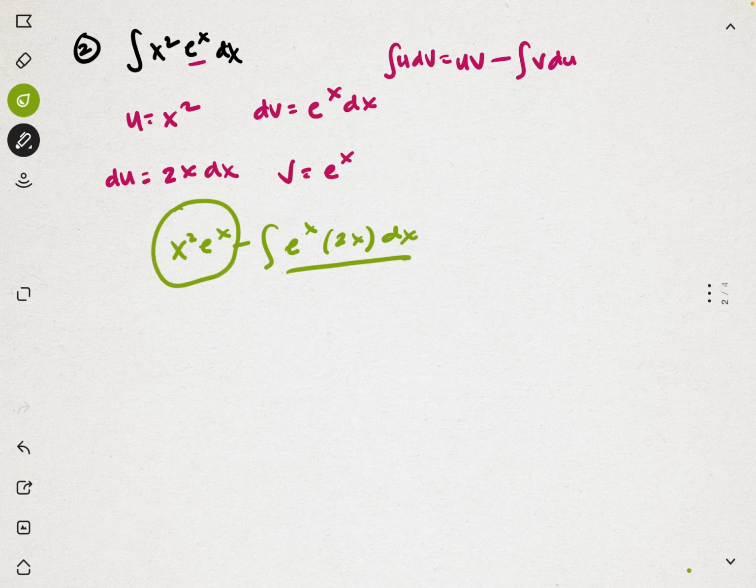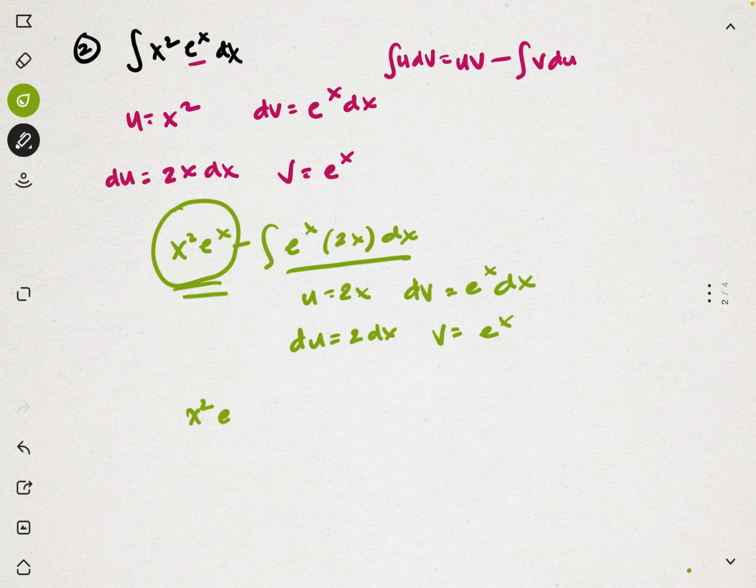But here, our u is 2x, our dv is e to the x dx. Okay, so du equals 2 dx, and v is equal to e to the x again. So we're going to repeat this process. Don't forget that x squared e to the x, minus, and then we're going to replace this thing with the uv minus integral v du. So u is this time 2x times v is e to the x,